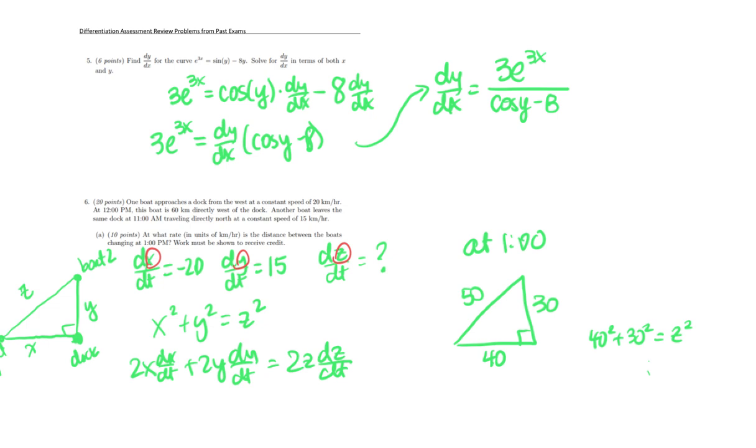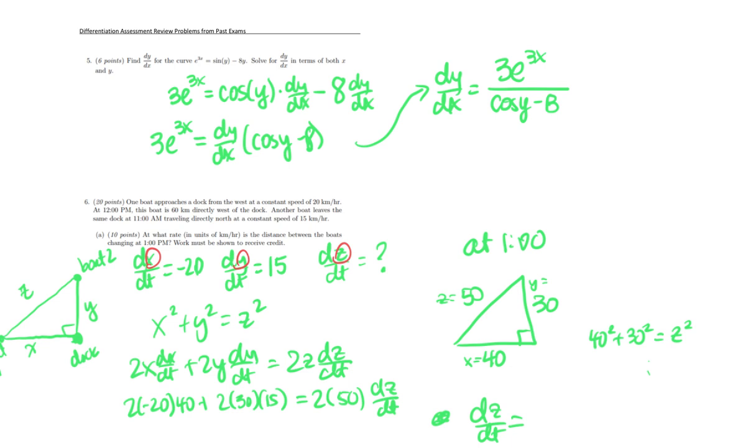Okay, so now what I can do is I have this value for x, a value for y, and a value for z at 1 o'clock. I can plug all of those in with the rates that I know and solve for the rate that's missing. So I'll get 2 times -20 times the x is 40 plus 2 times 30 times 15 equals 2 times 50 times dz dt. And then I'll plug that all into my calculator and I'll get dz dt